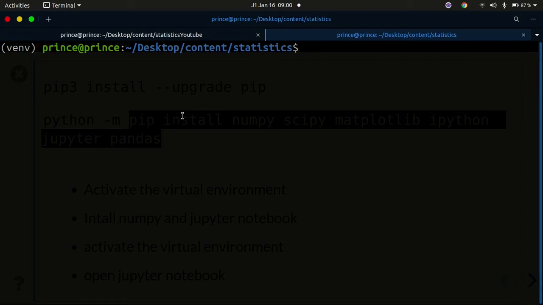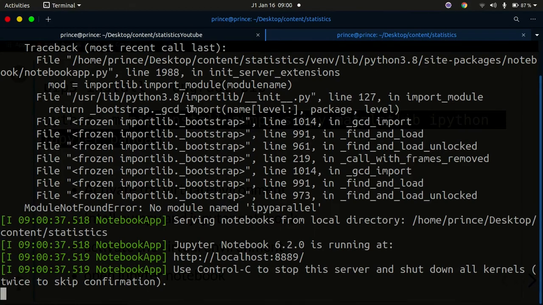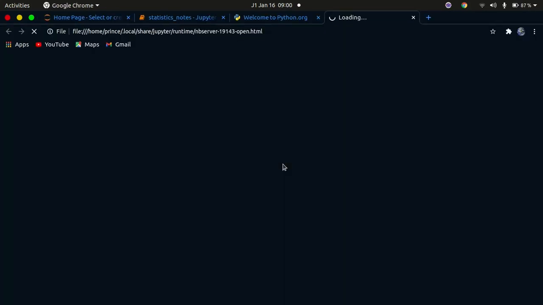So to activate, you just have to make sure your virtual environment is activated, and then you just have to type in jupyter and then space notebook. Okay, so this will open up Jupyter Notebook, and it will start a server on your local machine, and then it will open a certain URL. So it will open this URL in the browser. You can just copy this and paste it, or by default it will open it automatically. So you just have to wait for it to open, and you can see it has opened that URL here,